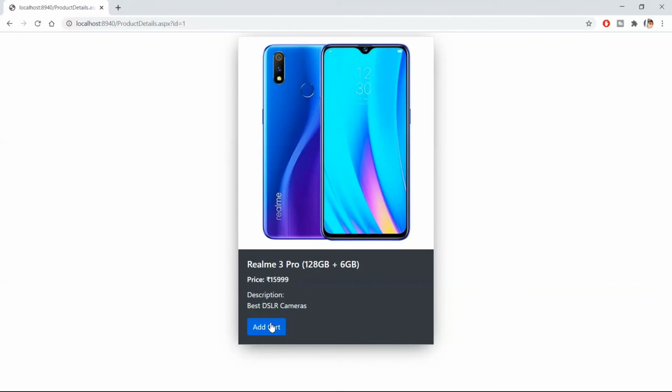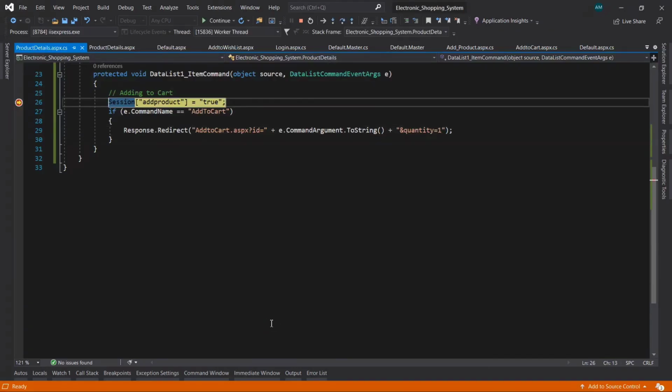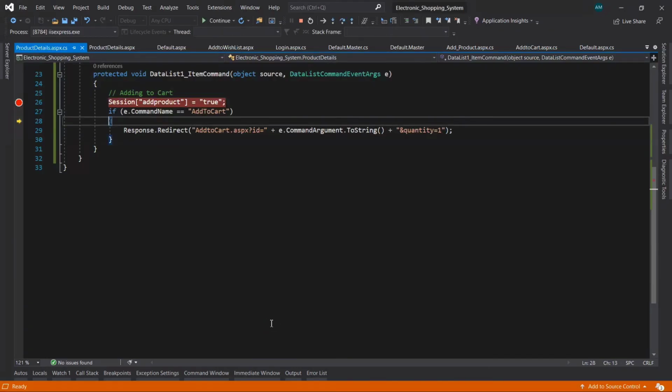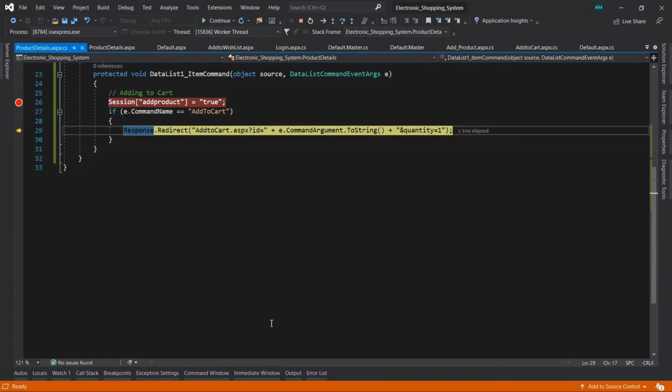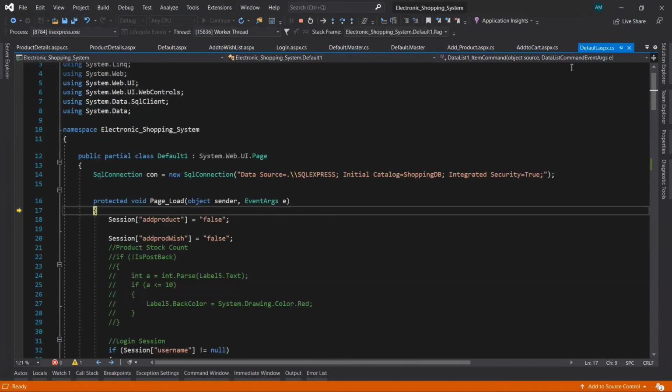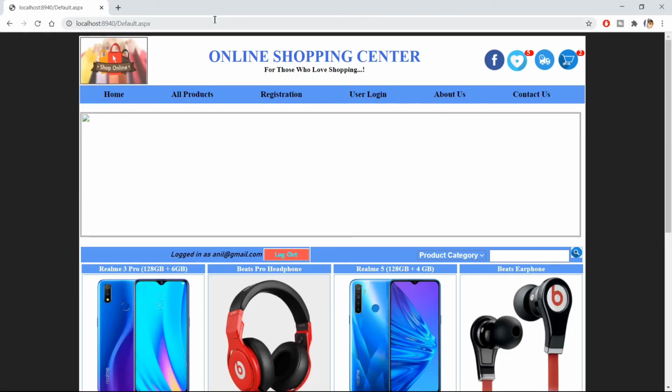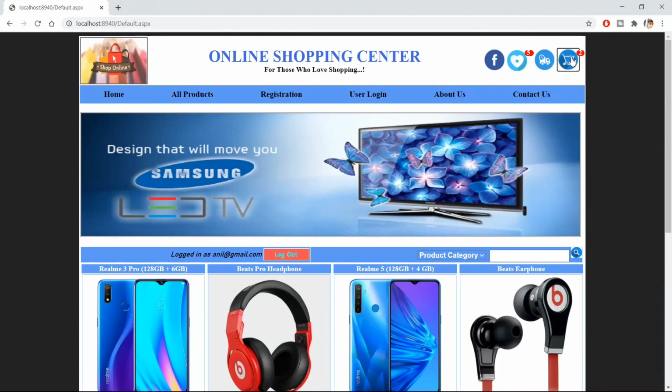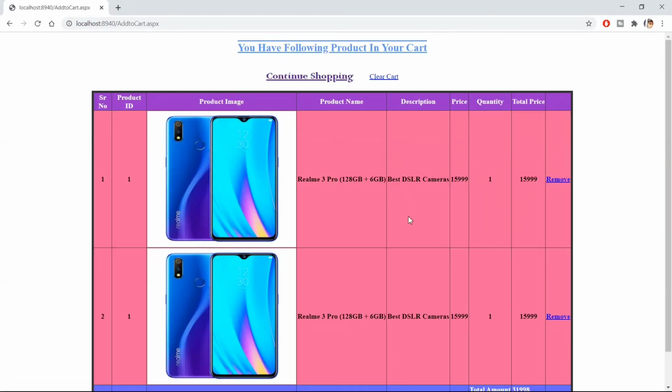Now click on add cart, press F10. Now it will take us to the add to cart page. And then, okay, let's continue. Here in add to cart, you can see our newly added product.